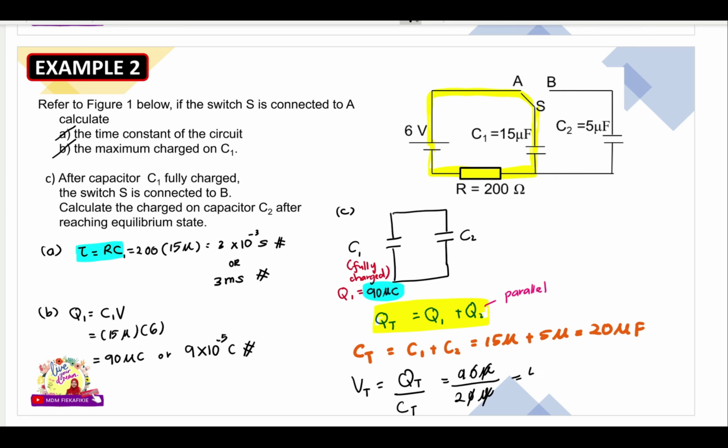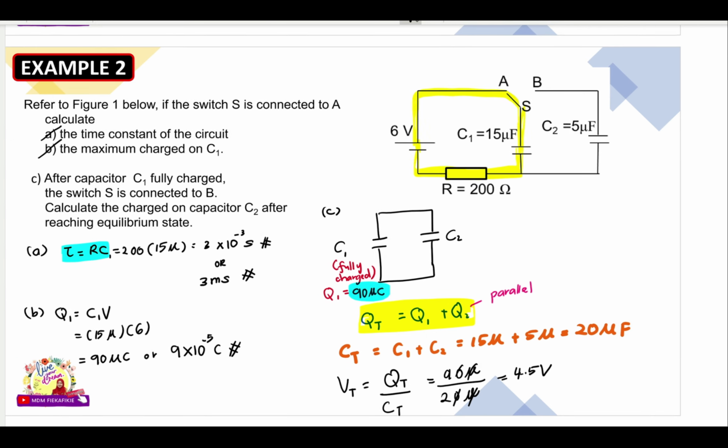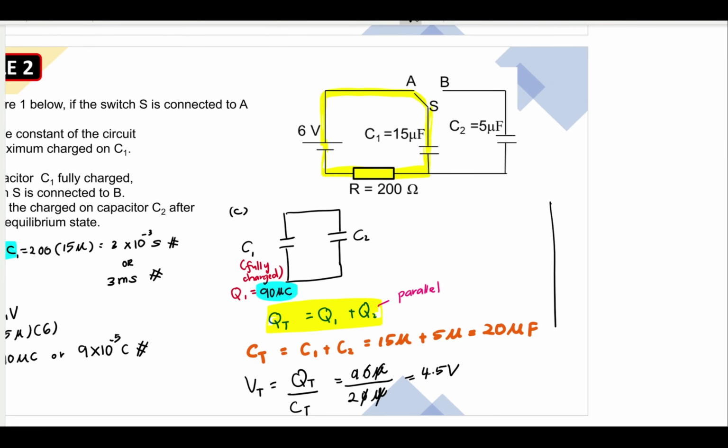Okay, so kita akan dapat 4.5 volt. Okay, since C1 and C2 is parallel, therefore V total is equal to V1 is equal to V2 and it is equal to 4.5 volt. Okay, so kena ingatlah yang ini. Okay, bila parallel ni,